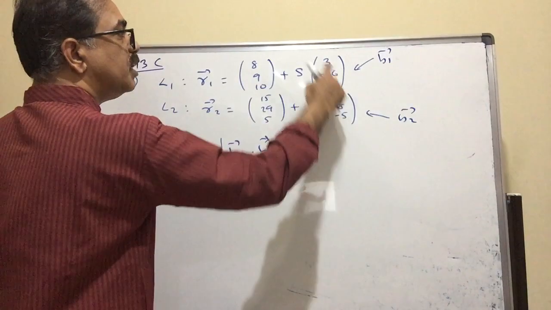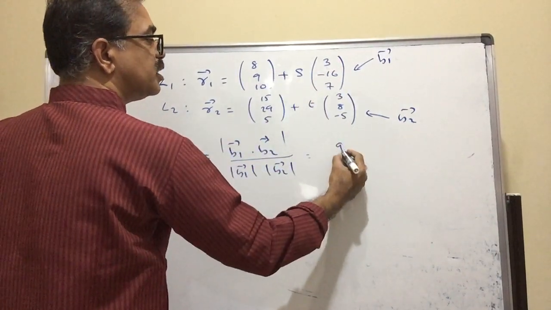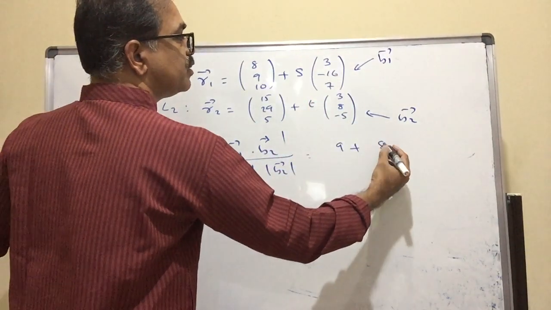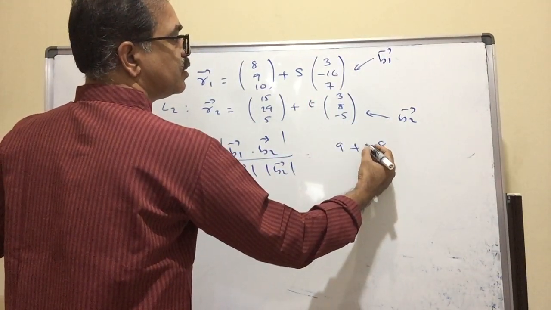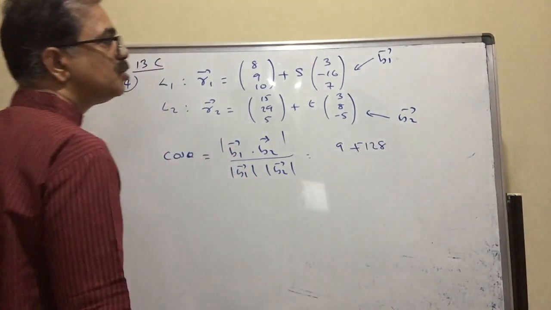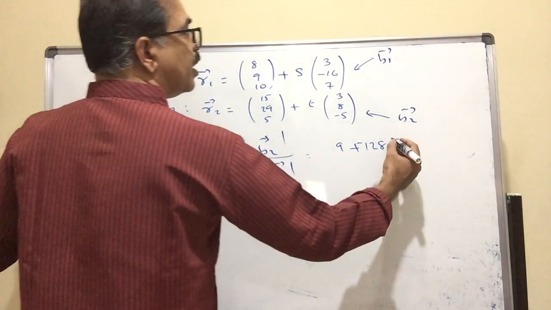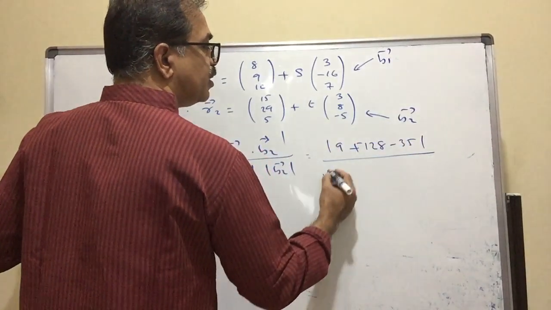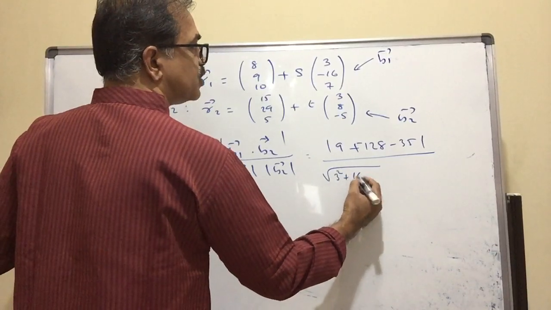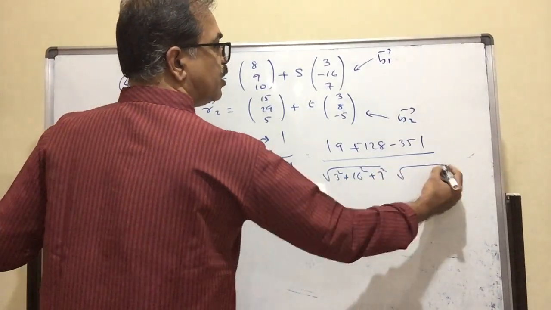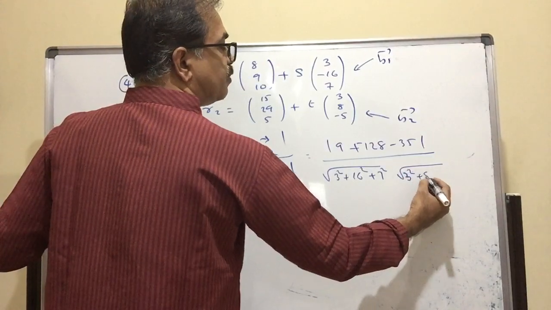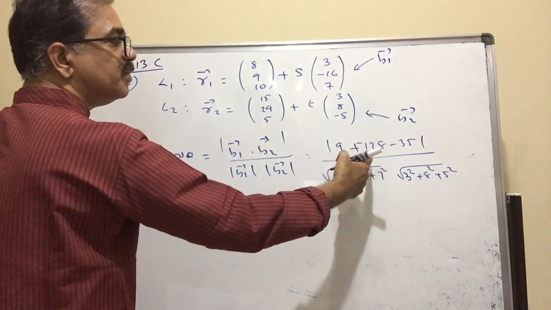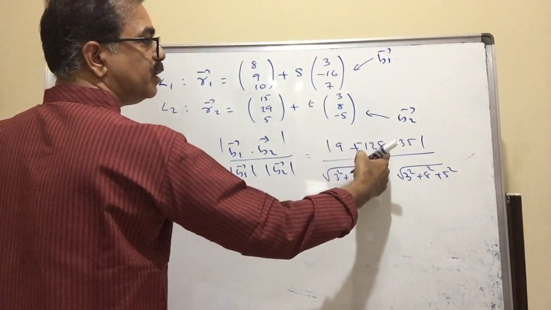So b1 dot b2, multiply i coefficients. 3 3s are 9, plus 16 into 8, 128, minus 128 and then minus 35, absolute value sign, divided by root of 3 squared plus 16 squared plus 7 squared, into root of 3 squared plus 8 squared plus 5 squared. And that's going to be negative in the numerator, so that will be